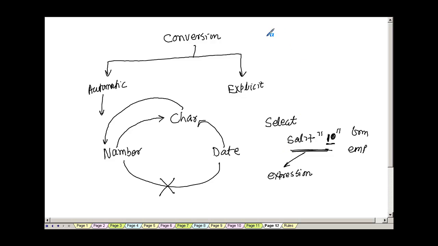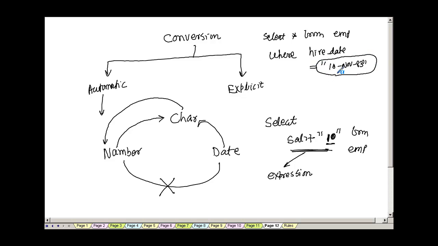Let's take another case. If I want to do something like this, select star from EMP where hire date is equal to some date, okay. So 10 November 83. Look at this hire date, this is a character, but this can be converted to a date. So therefore Oracle will automatically convert this to a date and compare and fetch you the results of the select statement,